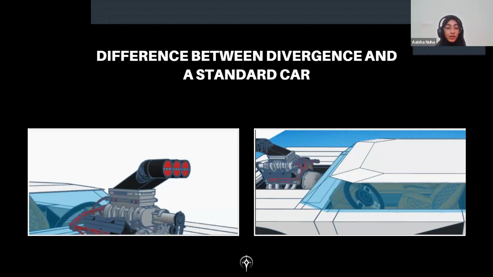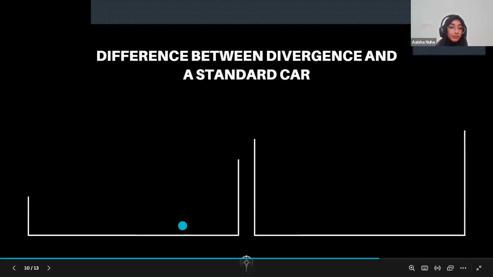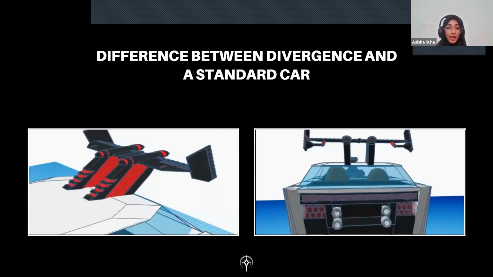Now, we can compare the Divergence versus a standard internal combustion engine to the hybrid powertrain. Divergence combines gasoline and electric power, providing better fuel efficiency and reduced emissions compared to an ICE car.